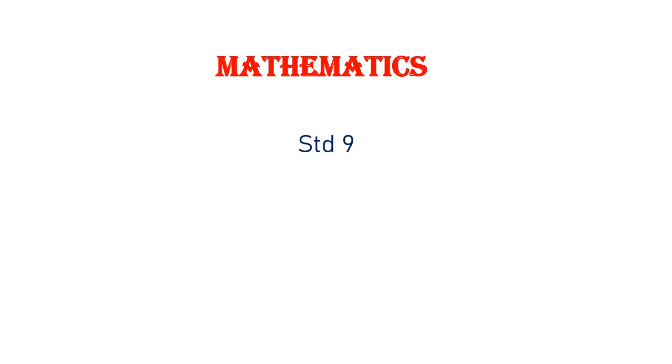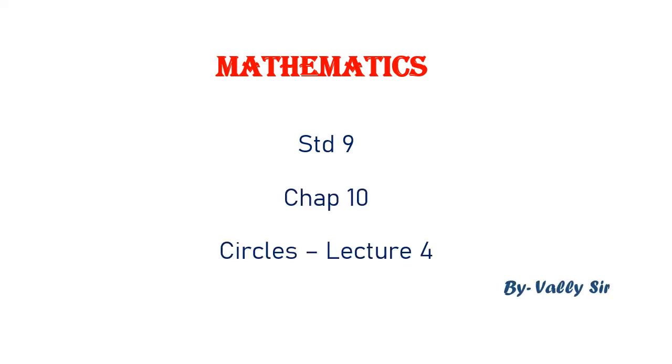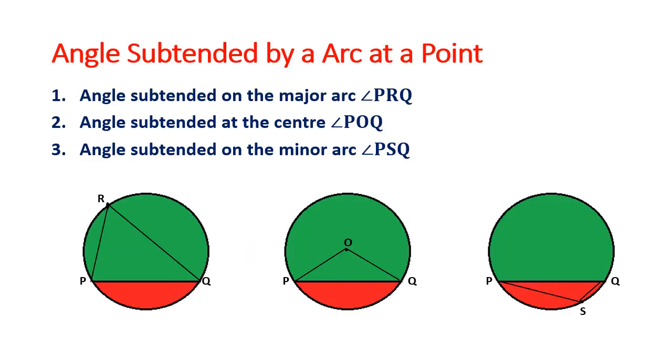Good morning, friends. Now that we have practiced certain sums on the theorems of circles, the length of the chords, the distance from the center to the chord. We also saw that the line perpendicular to the chord passing through the center bisects the chord. So you have done a lot of theorems. Today we are going to continue something further.